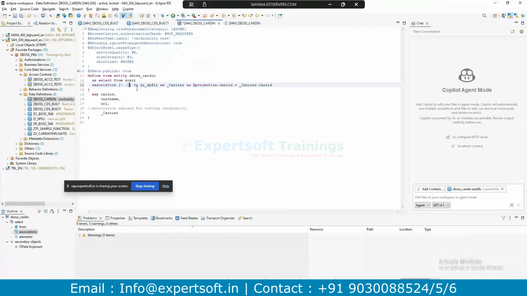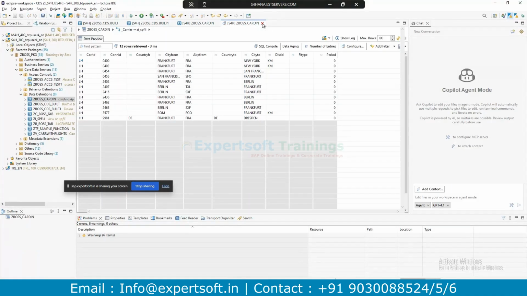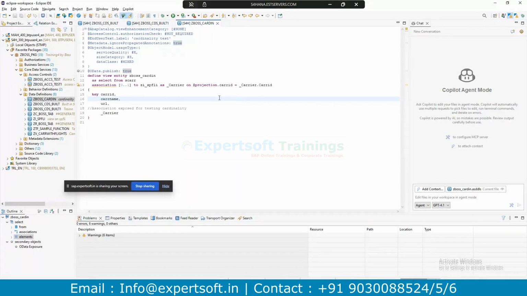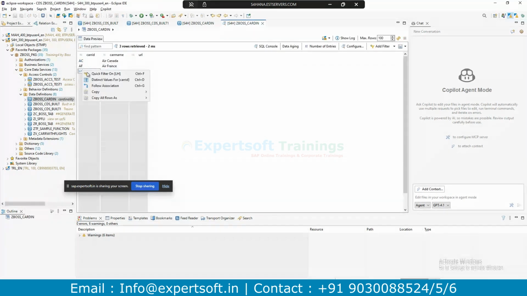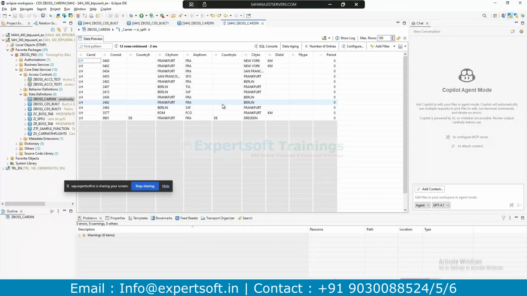Okay, and activating it. Now see the magic. 0 to star, 0 to 1. So we have given an instruction to the CDS view that the expectation is that the association has 0 to 1 records. Okay, so now see, it is giving a warning, but it is not throwing any error. We assume that it is fine, and when we execute it from the Eclipse for a demo purpose, it may not show you any error. It will still show all the records that are matching, even though the cardinality is mentioned as 0 to 1.